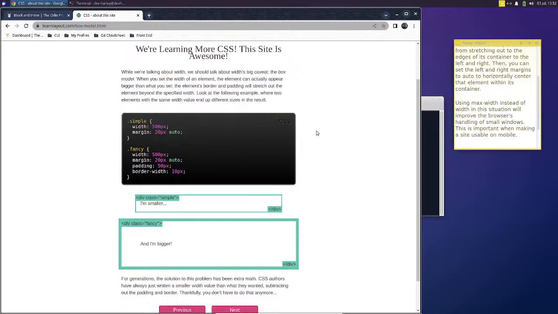While we're talking about width, we should talk about the width's big caveat, the box model. When you set the width of an element, the element can actually appear bigger than what you set. The element's border and padding will stretch out beyond the specified width. Look at the following example, where two elements with the same width value end up different sizes in the result. Okay, so we have a fancy and we have a simple. So the width for each of these is 500, right? The right and left margins are auto to be centered,